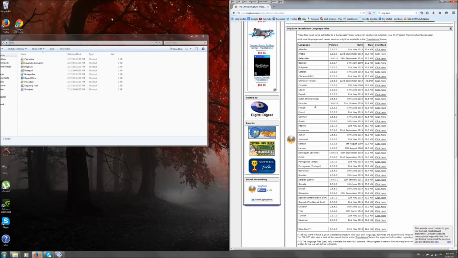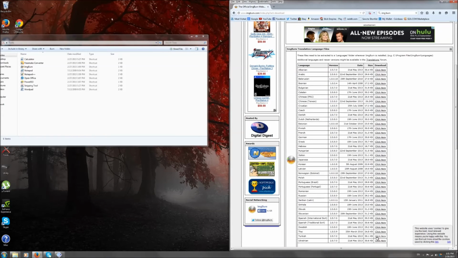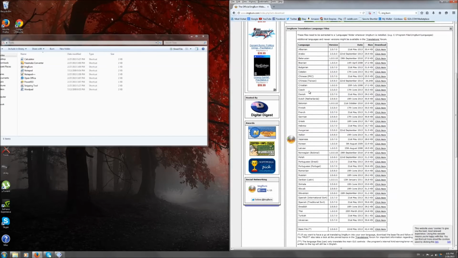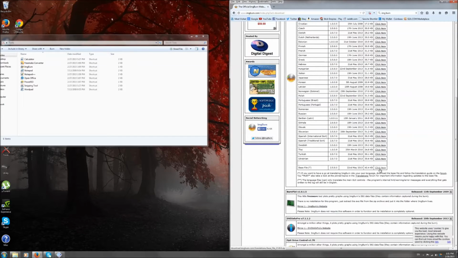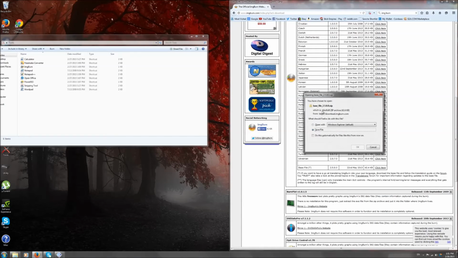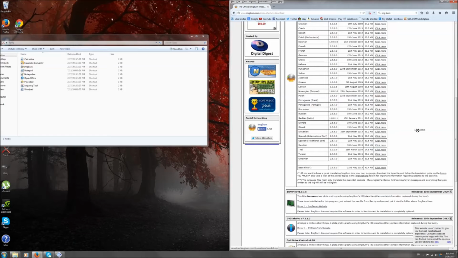Where's your English? Wow. A, B, C, D, E, F. Where is it? Wow. Am I just not finding it? Huh. Well, I'm pretty sure that all you actually have to do is go to base file. Yeah, base file. And then you save it, and then open it, and then you'll get this application